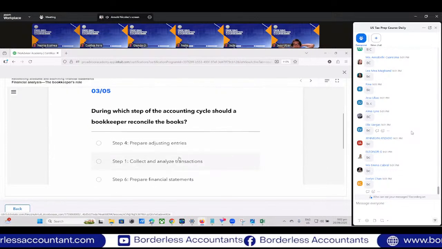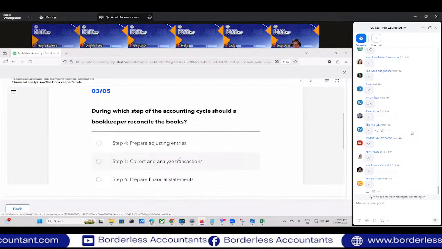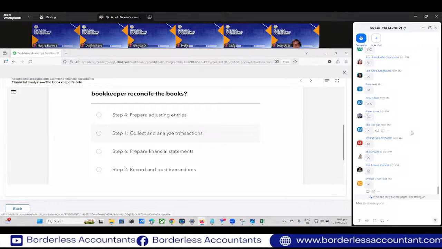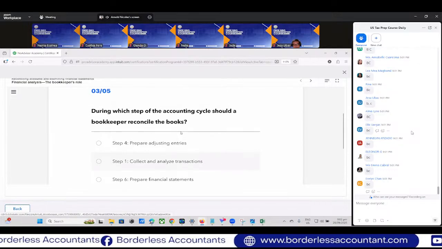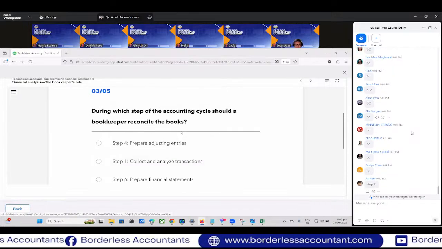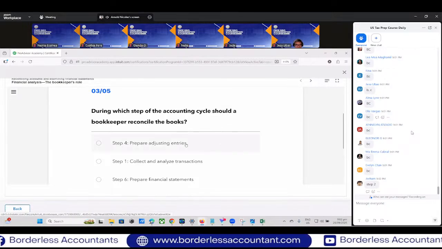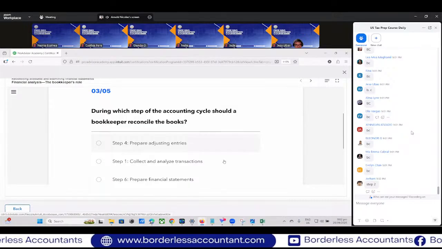Question 3. During which step of the accounting cycle should the bookkeeper reconcile the books? So which step do we reconcile? When we prepare adjusting entries, when we collect